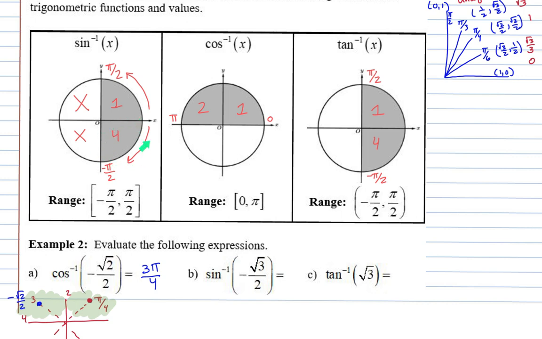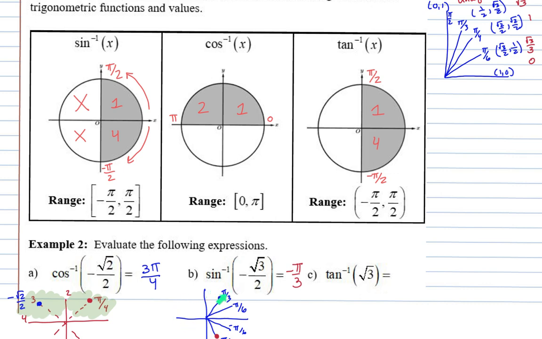Okay, so when I'm doing this, if you visually want to draw it, think about it like you have thirds. This is pi over 3. This is going to be your next, pi over 6. And then this is your negative pi over 6, negative pi over 3. And we already know this would have been positive square root of 3 over 2. That means this is going to be negative square root of 3 over 2. So your answer has to be negative pi over 3,